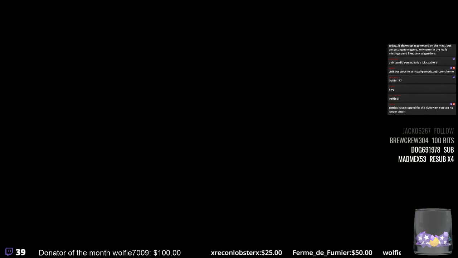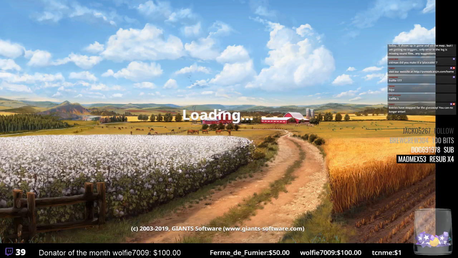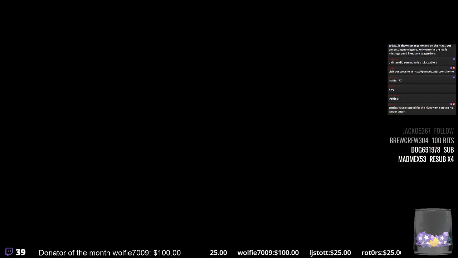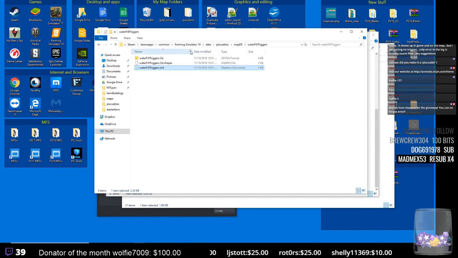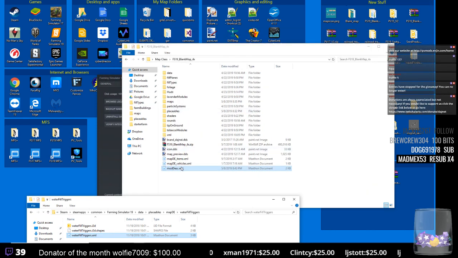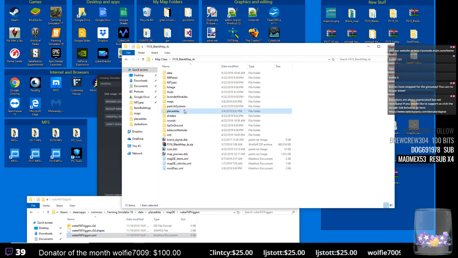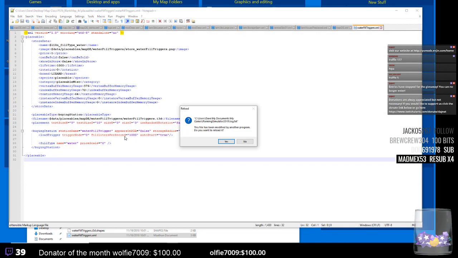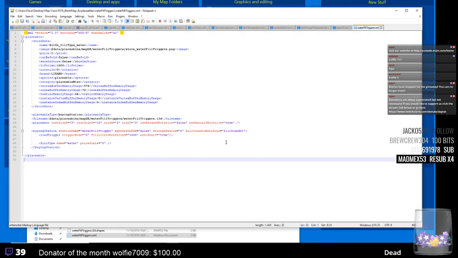there is a very good possibility that I just added it to the wrong file, because I do that stuff sometimes. I might have edited the in-game one. That would really stink. That is the in-game one. That is placeables, water fill triggers, water XML, that is in there,